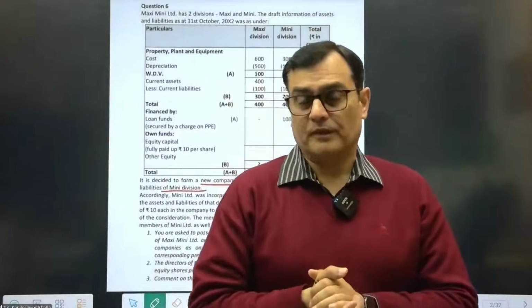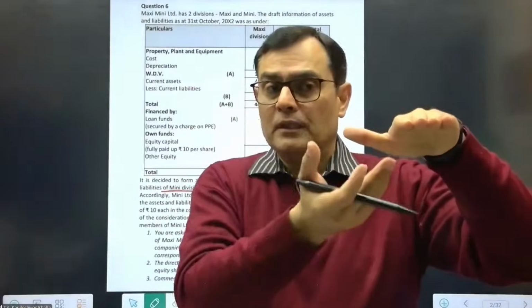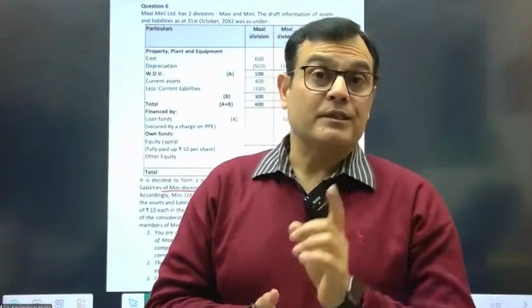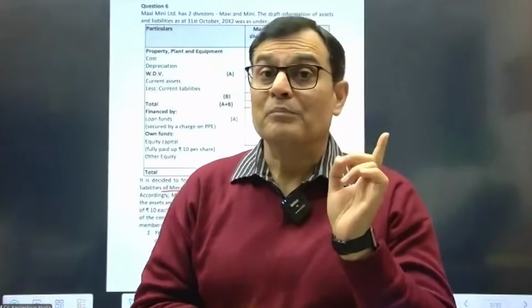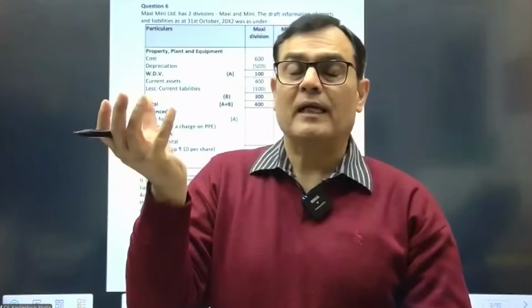Generally, a case of common control will involve what we call a demerger. In a demerger, there is an existing company, let's say with two divisions, you take out one particular division and create a new company. And this new company is, in this case, Mini Limited. So Maxi Mini will have the objective of closing the Mini division, and Mini Limited will have the objective of